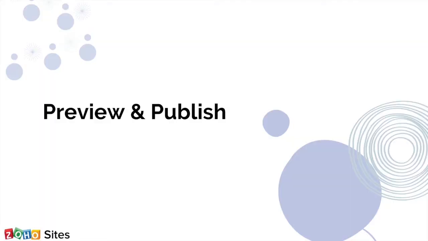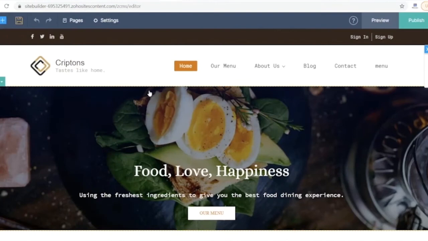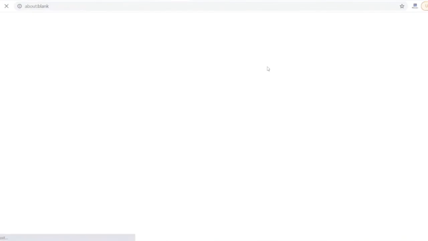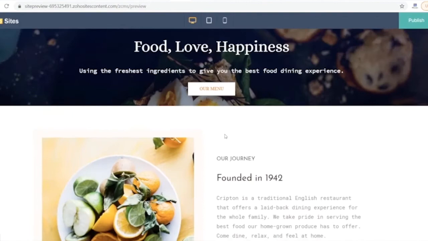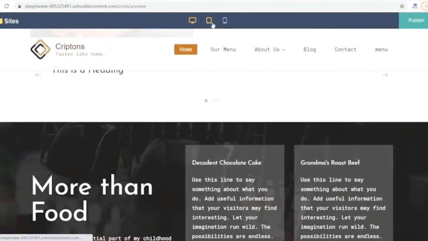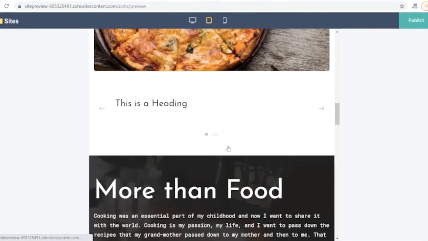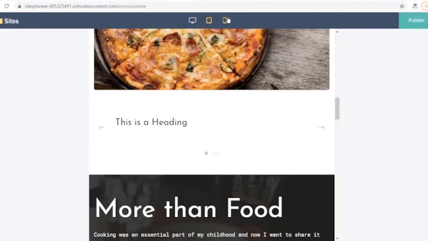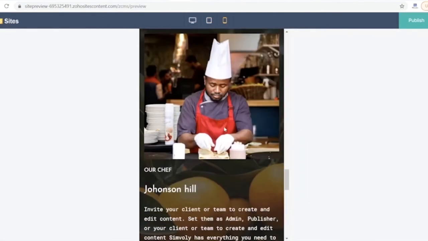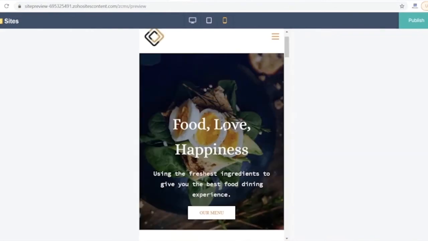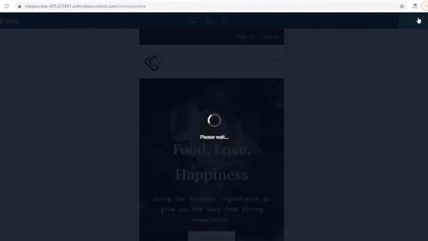The next section is how to preview and publish your website. So for this, what we are going to do is you just click this preview button, and you will have this option of selecting which particular format you want to see your website in. So currently we are on the tablet format, and as you can see, this is the current preview of the tablet format. And similarly, you can jump to your mobile format, and this will give you exactly how your website looks on the mobile. Once you're happy with it, just have to go and hit publish.